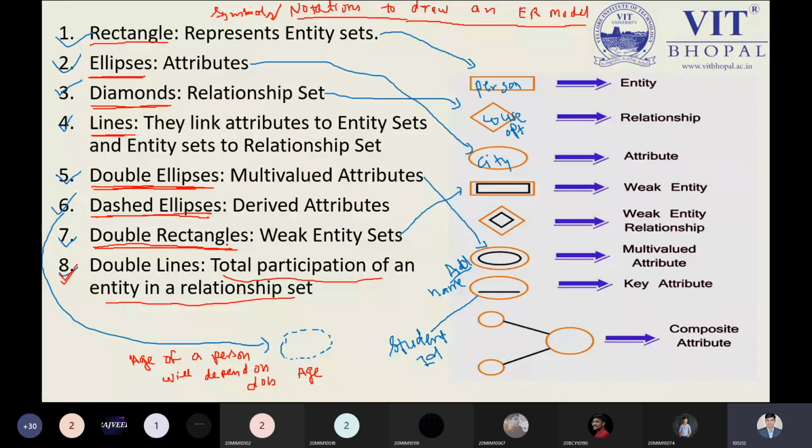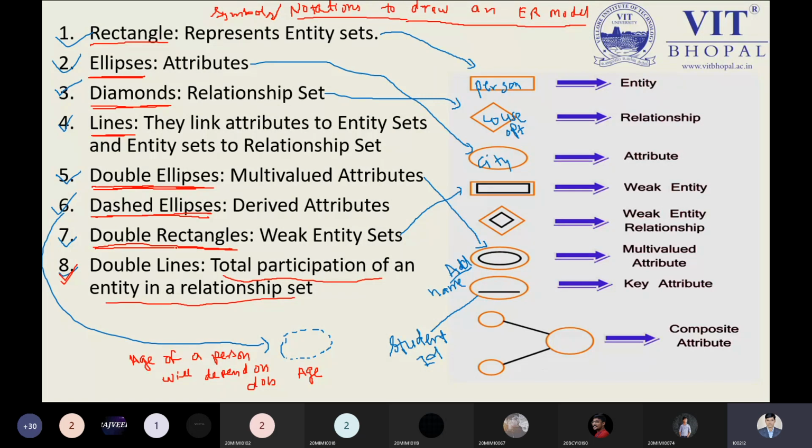While in the case of the weak entity, if an entity does not have any kind of key, at that time we have the weak entity, because it can support many records in the form of duplicates or redundancy. So that is it. At that time, such an entity is recognized by the double rectangle. But most of the time we will not use this.